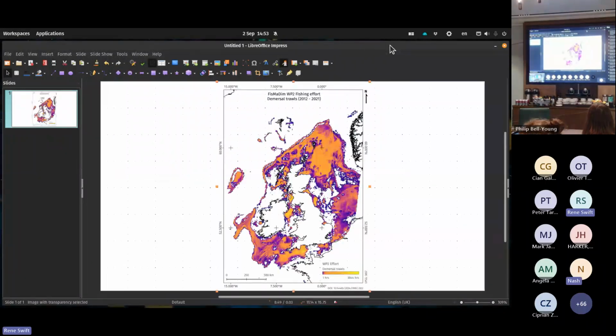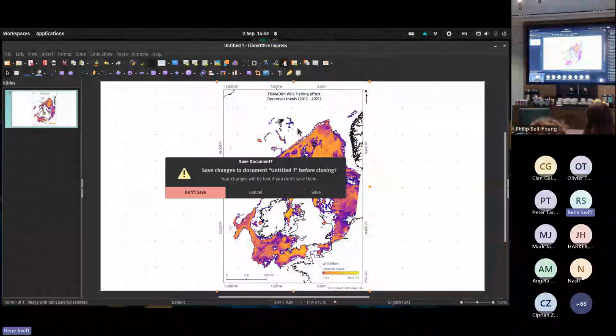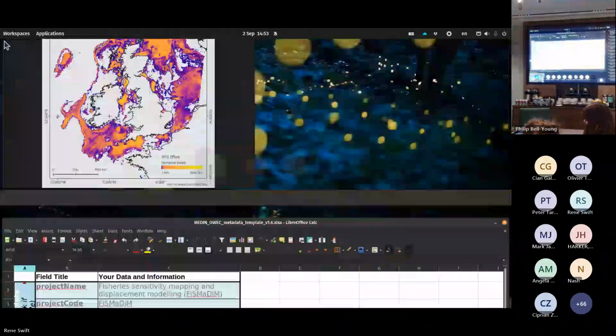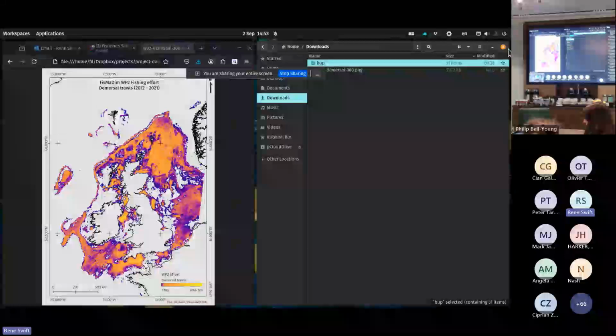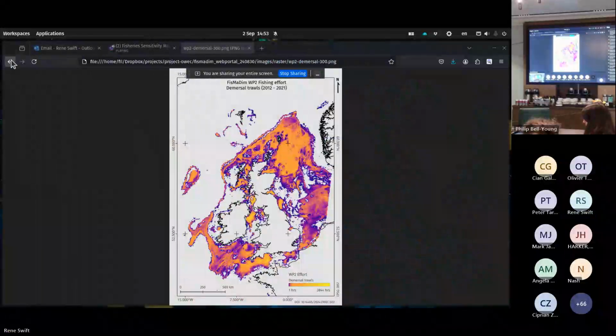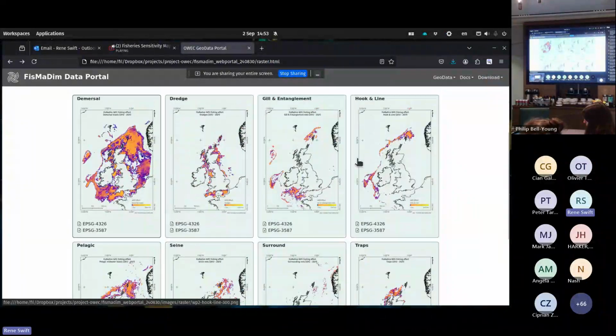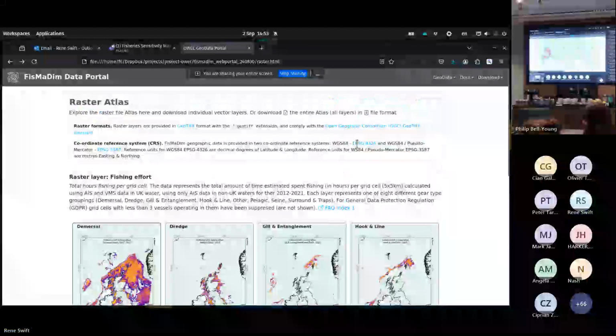It's easy enough for you to insert directly into a presentation. So there we go. So there's eight tiles for each of the different fisheries.